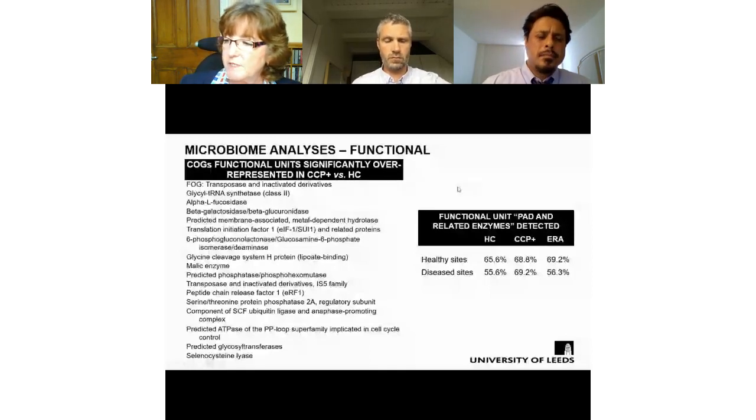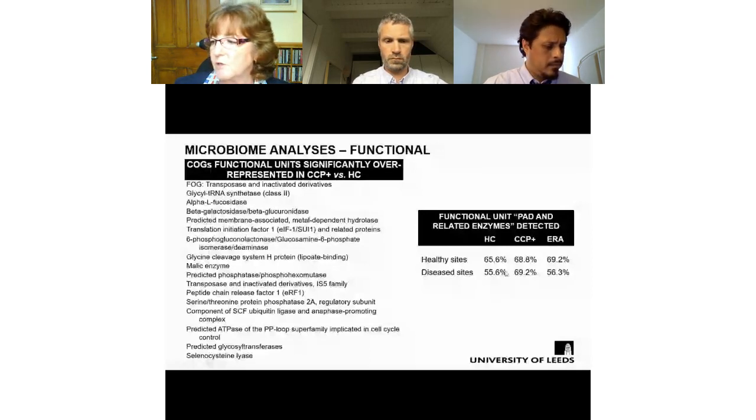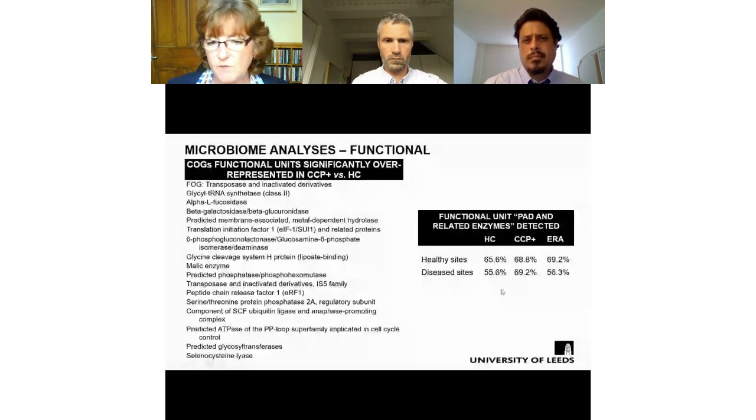When we looked, we did probe one particular functional unit, which was PAD and related enzymes, because that is a functional unit that could be looked at directly, and looked at these in the groups, the RA-related groups at healthy and disease sites. And we saw no differences in the abundance of these enzymes within those 3 groups, which is potentially surprising considering we had higher levels of Porphyromonas and higher levels of P. gingivalis. So that's quite interesting, and there's some more probing that needs to be done there in terms of not